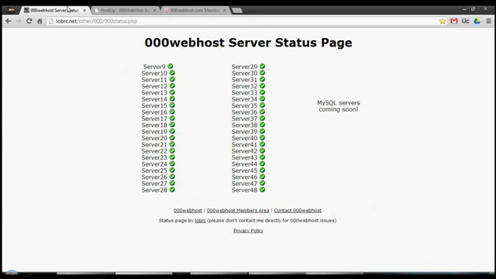The recommended thing I can do then is go and check the forum and see if anyone else has posted about it. Submitting a ticket is a good idea, but I'd leave that to the latest point because it may just be a random glitch, or they may be working on that server and it may come back up again. So you could wait a couple of five minutes, refresh this page. There's also